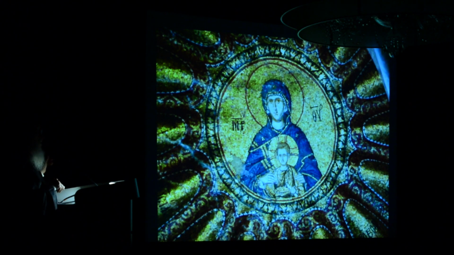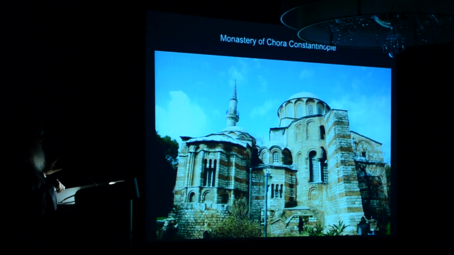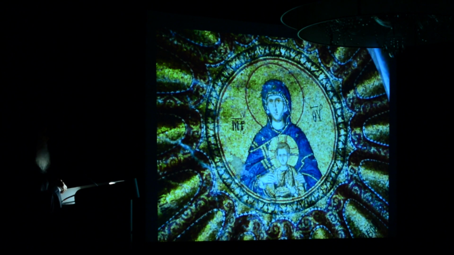Now, what we saw is the church of the monastery known as Moni tis Horas. In the contemporary Turkish description it is called Kariye Camii. It is famous for its internal iconography, mostly mosaics. It's perhaps the best place for really exquisite mosaics. Look, here is the Mother of God with Christ, and these are figures of saints and prophets around it, in one of the domes that we saw from outside.